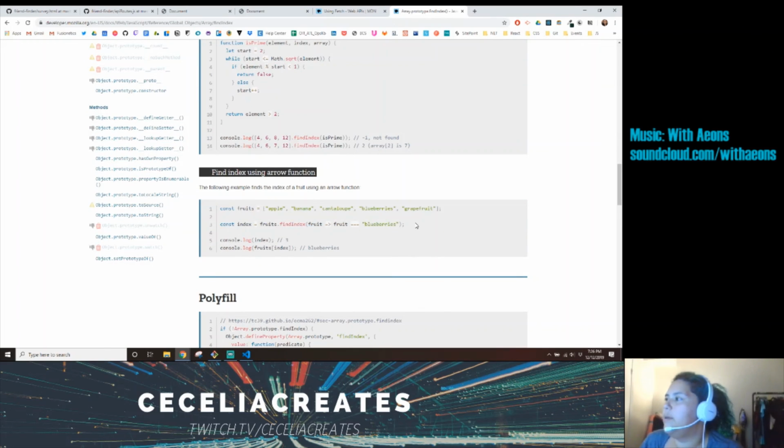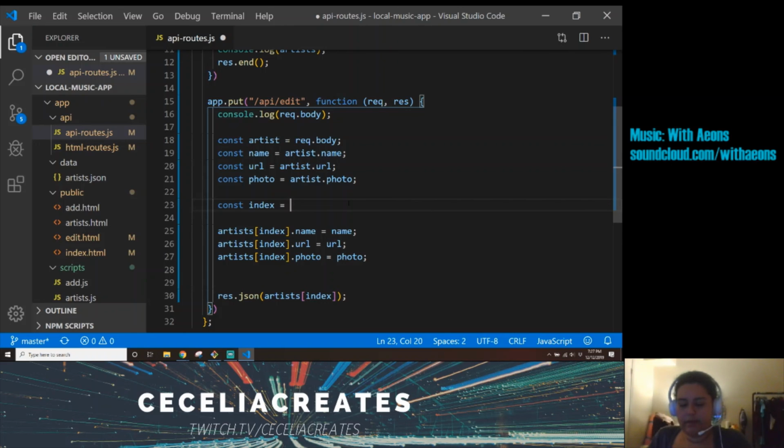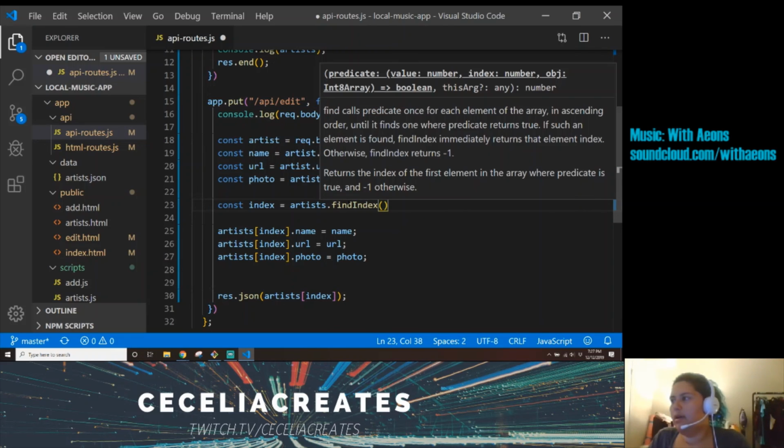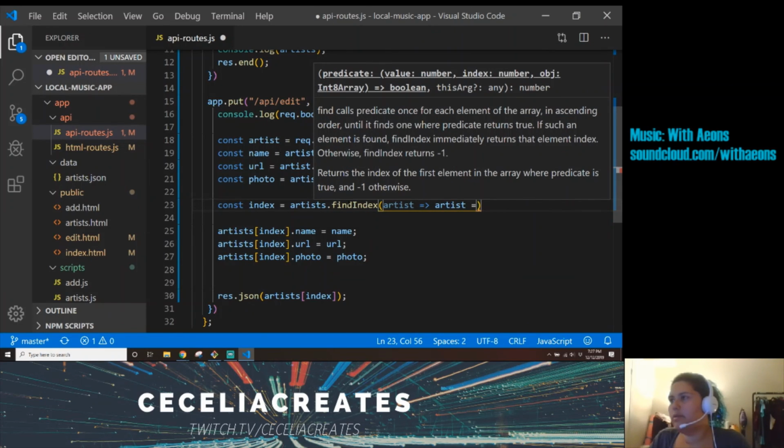I wanted an example where it had the function defined here instead of separately. So fruits.findIndex, where the fruit equals blueberries. That's all I gotta do. Okay, so I have to do findIndex where the artist equals the incoming artist object. So it's gonna be artists.findIndex of artist where artist equals